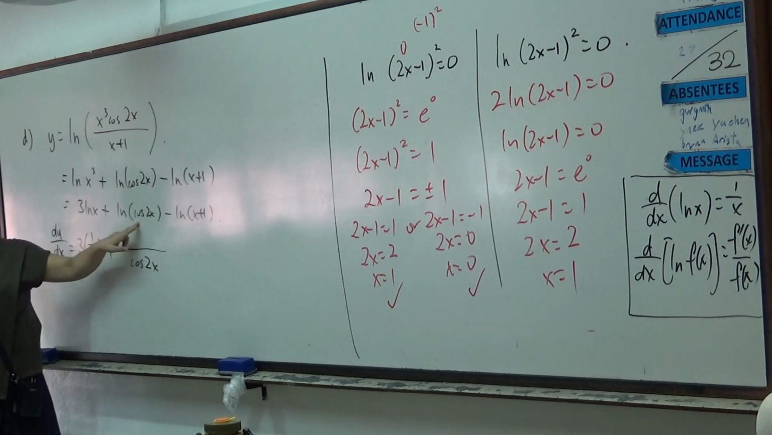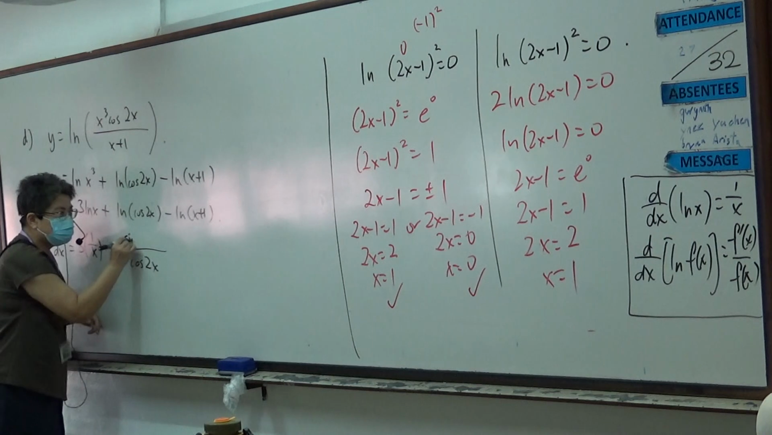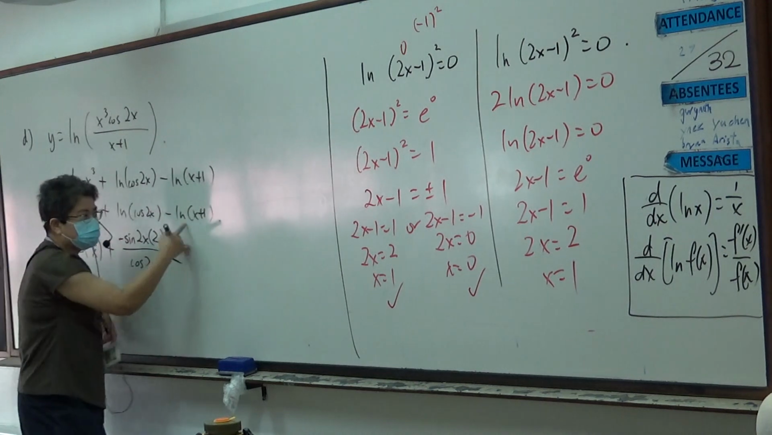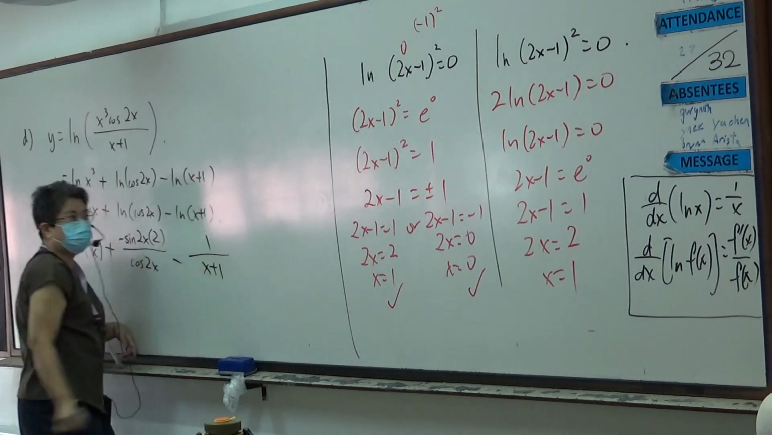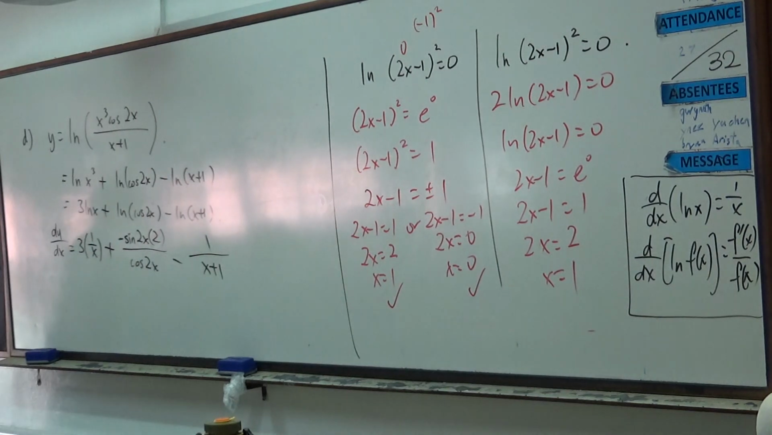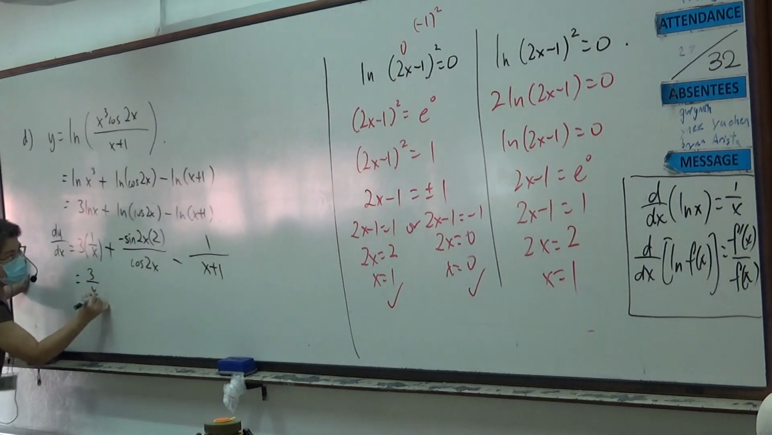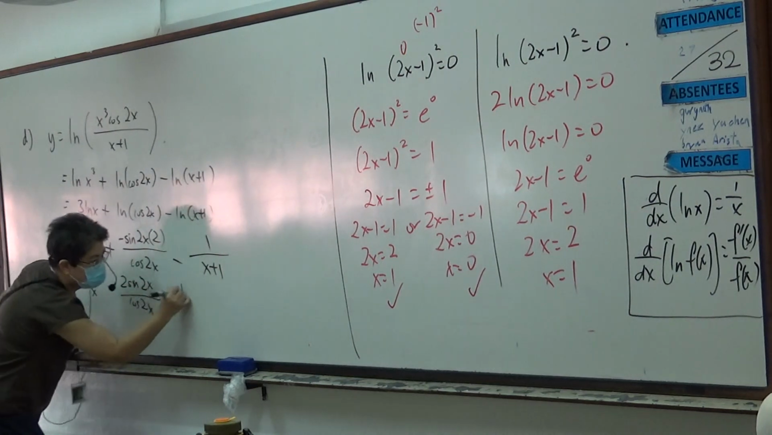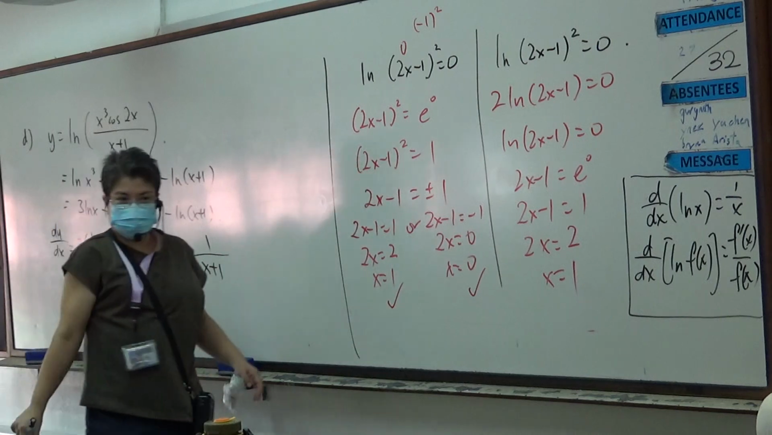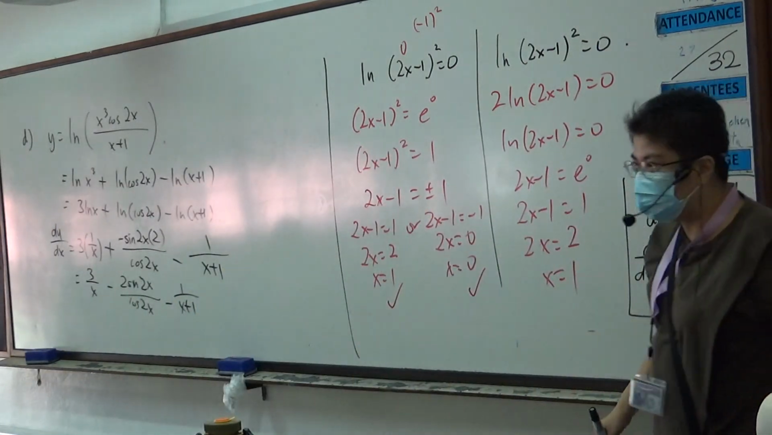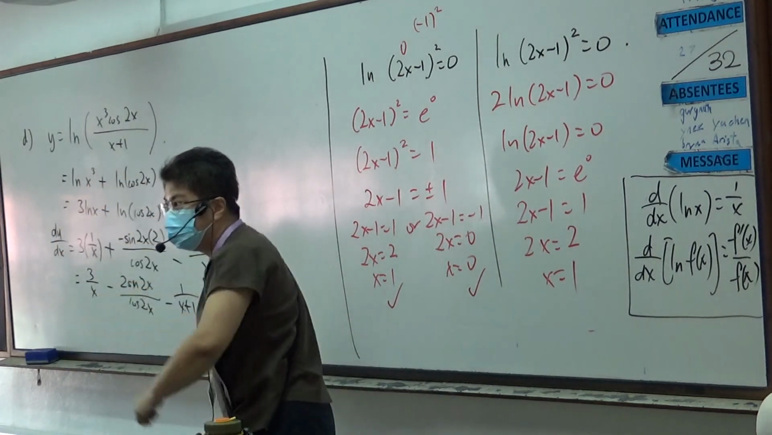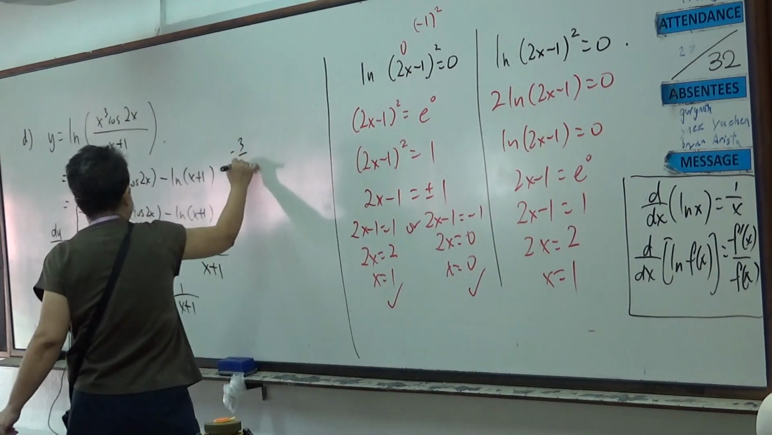What if I differentiate cosine 2x? Minus sine 2x, and I must still times 2, the inside. Then I minus. When I differentiate x plus 1, it is 1 on top. Correct? So I will get 3 over x minus 2 sine 2x over cosine 2x minus 1 over x plus 1. Now, I need to warn you here. Sine 2x over cosine 2x gives me what? Tangent 2x, right? So the final answer will be